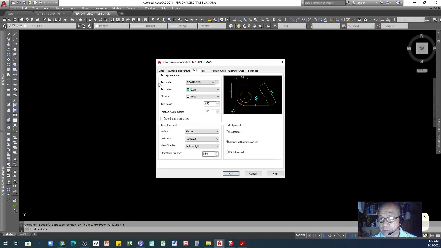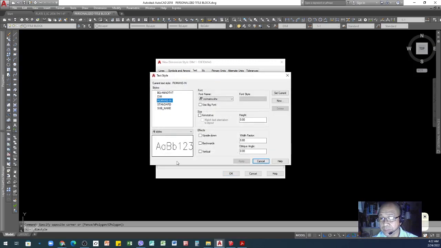So we'll go to text style. If you click this one, different types will appear, but if you cannot find the one you want, just go to this in order for you to look for any font, which you can select from here.